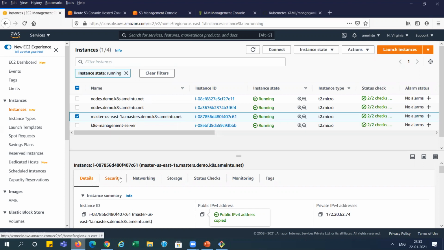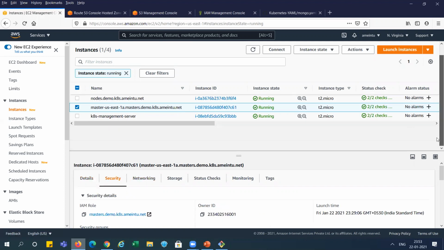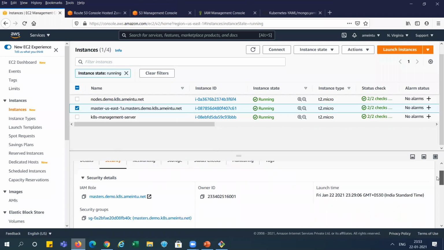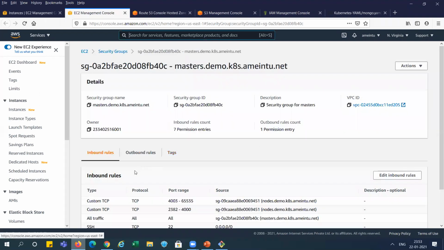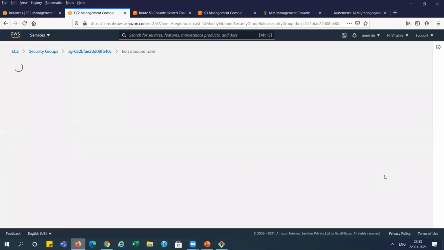So we need to go to the security. And this is the security group, which is created by the Kubernetes cluster. And the inbound rule, I'm just editing the inbound rule here.